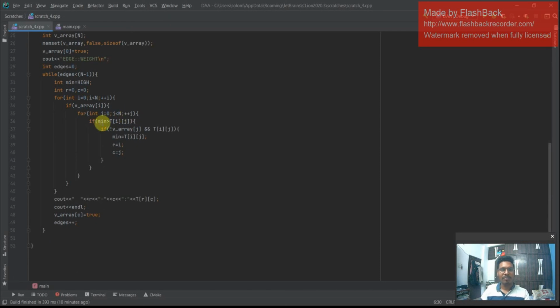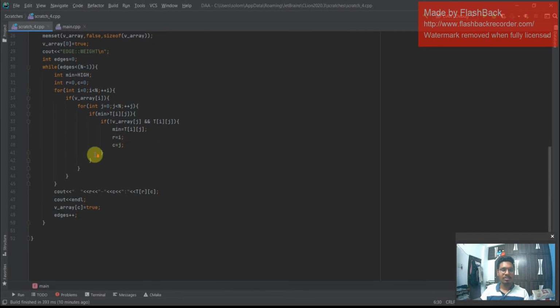If minimum is greater than t of i and j, and v of j is false, then minimum equal to t of i and j, r equal to i, c equal to j. This closes all the cases of the for loop, and it will come here. So cout r and c, which will be taken as t of r and c. Then cout endl, so this will be a new line. Then v of c is true, edges plus plus, so the edge count keeps incrementing.